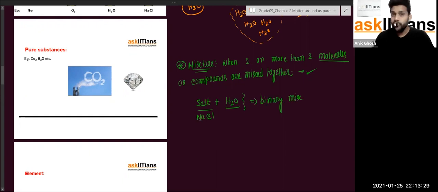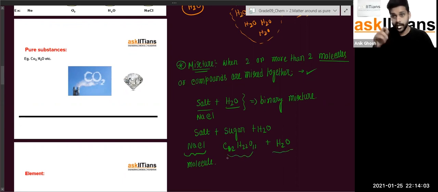Fine. So when three things are mixed together, let's just consider I have salt, some sugar, and some water. All these three things together. Salt is NaCl. Apart from that, sugar is C12H22O11, and this is water. So there are three types of molecules, isn't it? This is a molecule, another molecule, and another molecule. So there are three types of molecules in there, and when we mix them together, we get a